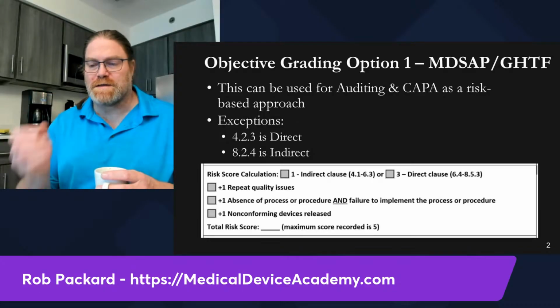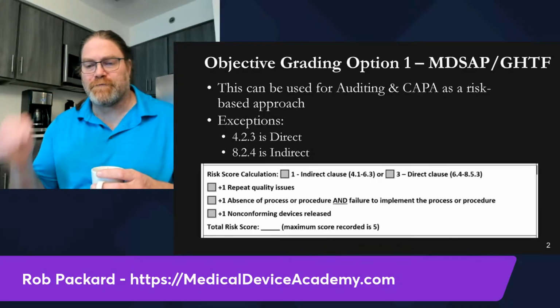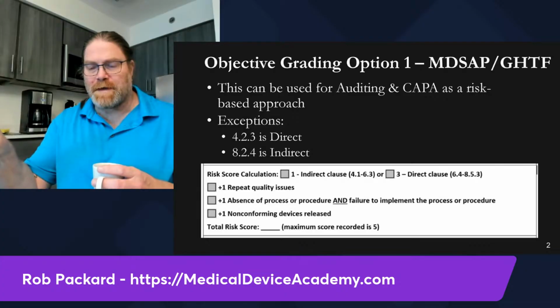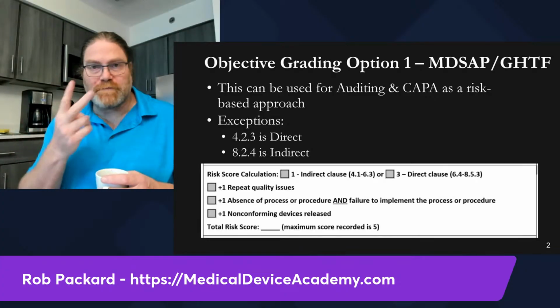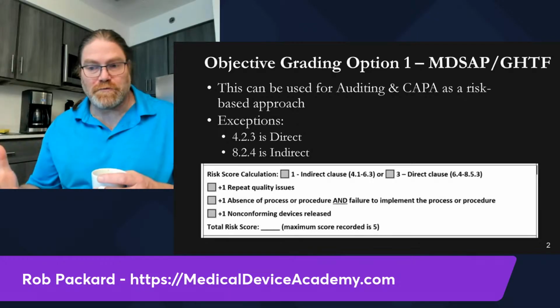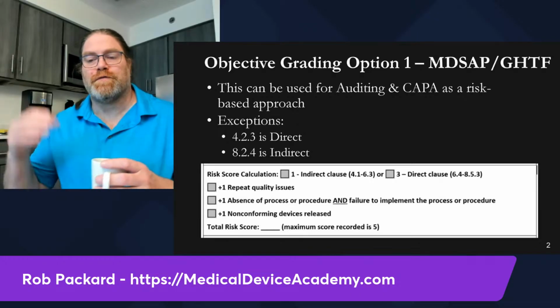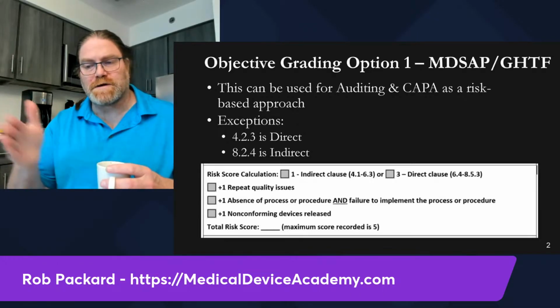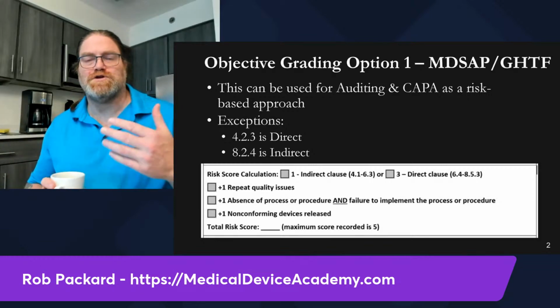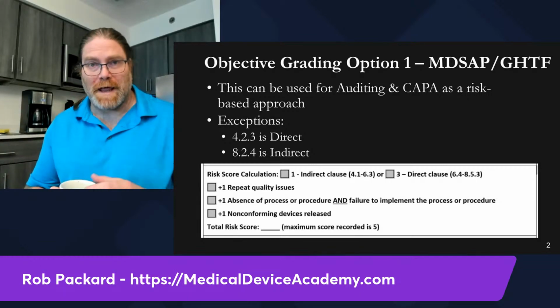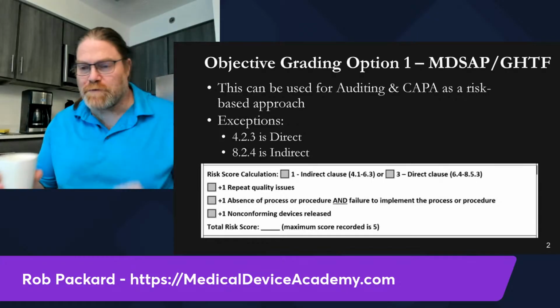But it's so easy to just say, oh, I go to 13485, figure out what clause it is, copy and paste in the requirement, and then the scoring is based on what clause number it is. And they only have two exceptions, and they're easy to remember. So once I've decided whether it's indirect or direct, that gives me a 1 or a 3. Now I have to decide, do any of the escalation rules apply? And generally,